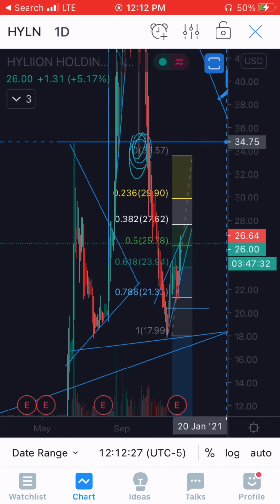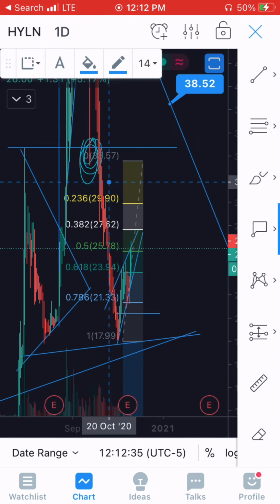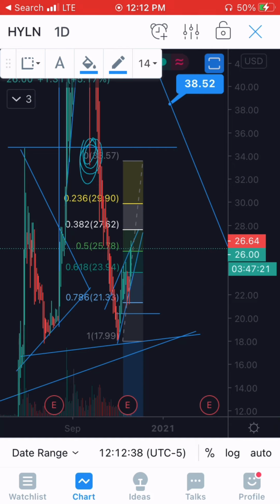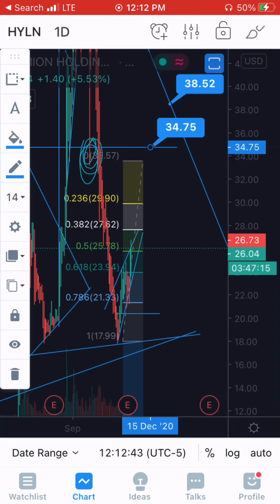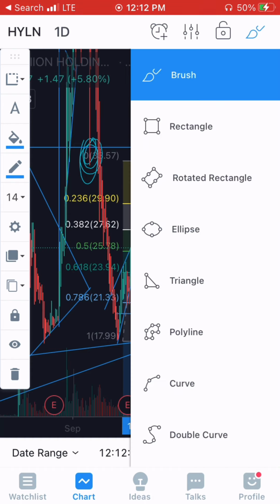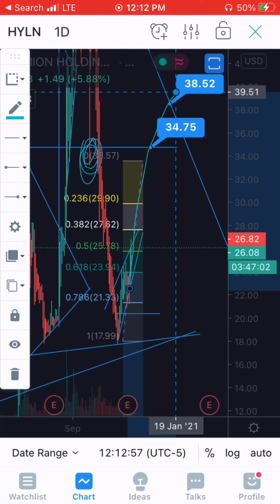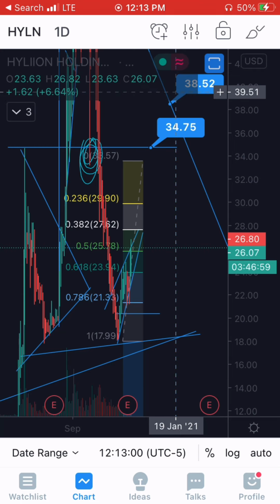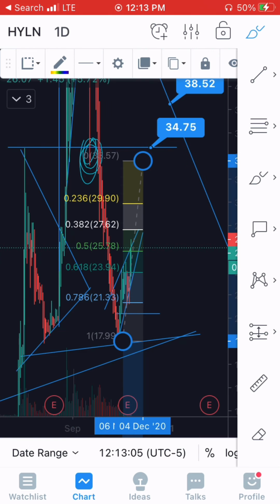This right here, this wick up in this area, which was a little higher than that support zone here, was something where obviously we broke through for a second and got rejected in the past. Now this is the head and shoulders area that I'm looking for a sell. Now, I might not get greedy and wait for 34.75 exactly. I could potentially take some more profits at the 29.90, somewhere between the 0.236 and the 0.382, and then see how we're doing. And if we can break above this 33.57 area and get support somewhere between there and 34.75,